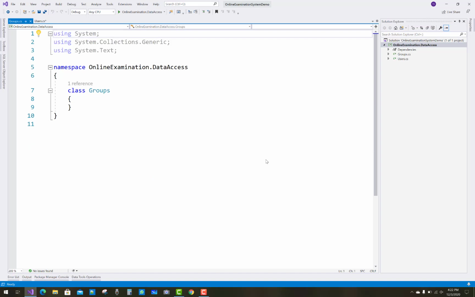So the first thing you can do in the Groups class is create a public property.